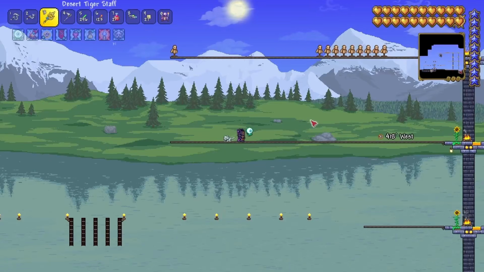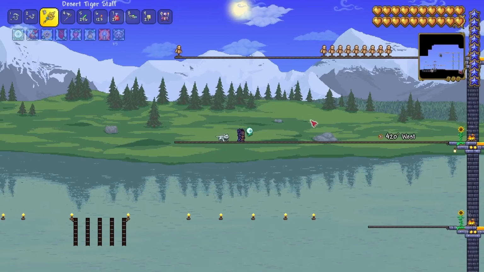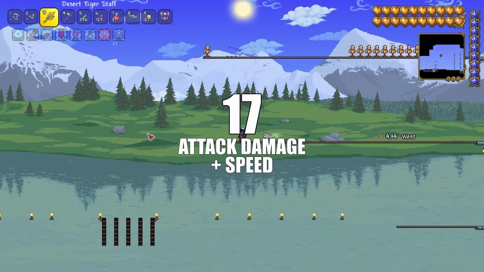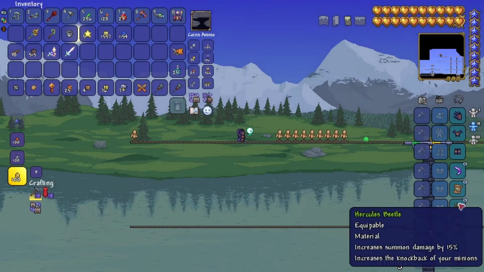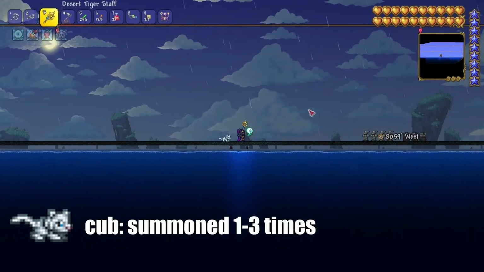Similar to Abigail's flower, instead of spawning multiple summons like most summoner weapons, the Desert Tiger Staff summons a single tiger that is upgraded with each use of the staff, gaining about 17 attack power and speed. This scales very well with damage accessories, so we will be using this pre-golem setup. The tiger will appear as a baby when summoned 1 to 3 times, dealing surprisingly good damage as you can